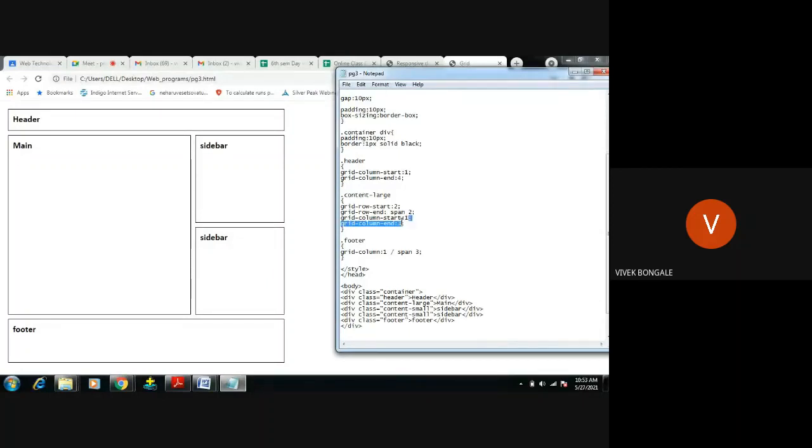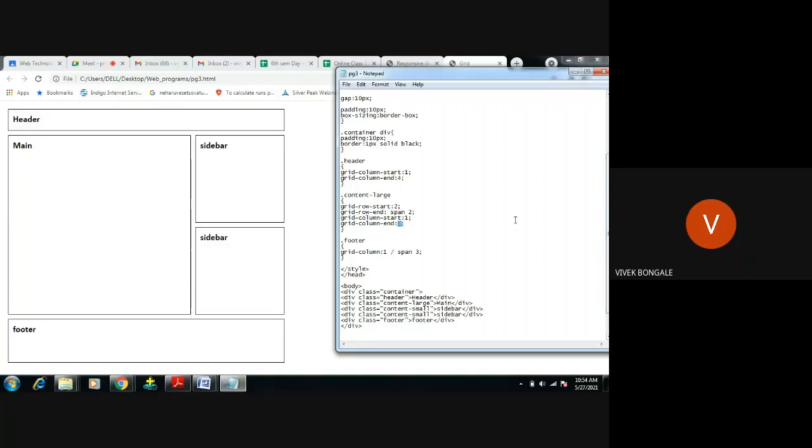What number you mention depends on what size of grid we are creating. 4 into 3 layout means 4 columns, 3 rows layout we are creating here, right? So column ends at 3. So this main function is utilizing, starting from 1 column, 2 rows and 3 columns.